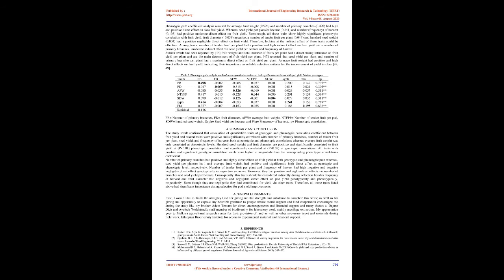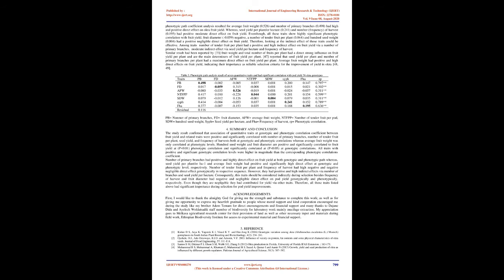EM equals days to 50% emergence, FLOW equals days to first flower, FLOW equals days to 50% flowering, MAT equals days to 90% maturity, SD equals stem diameter, mm, PH equals plant height, cm, PB equals number of primary branches, NI equals number of internodes, IL equals internode length, cm, PL equals peduncle length, cm, FL equals fruit length, cm,